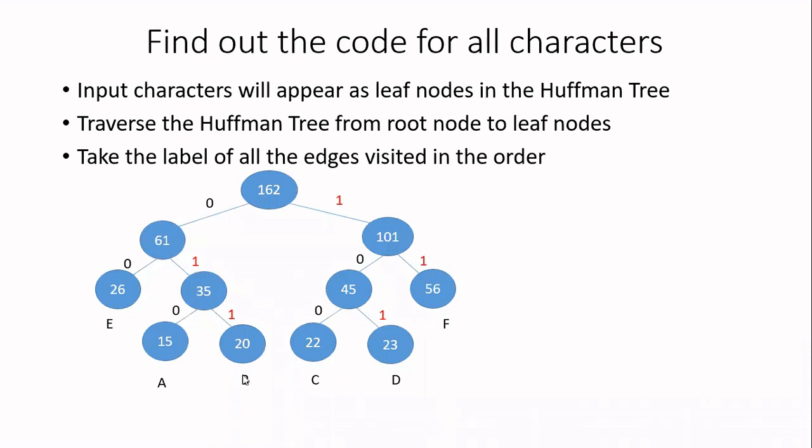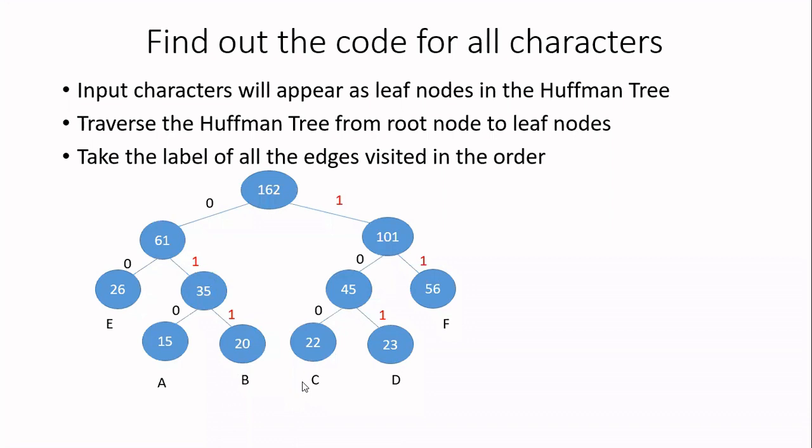Now let us consider the third node B. For this, first start with the root node, go to the left, then from there go to the right, and from there again go to the right. So we have three edges now. The weights are 0, 1, 1. That is the code for node B. That is data character symbol B.